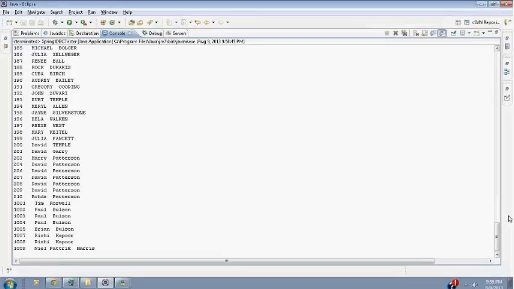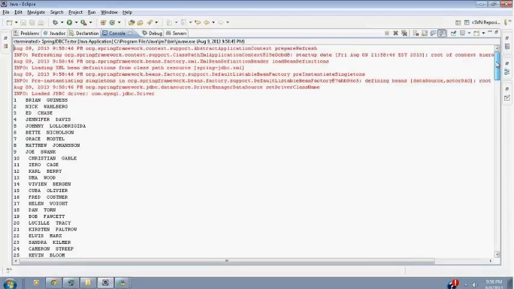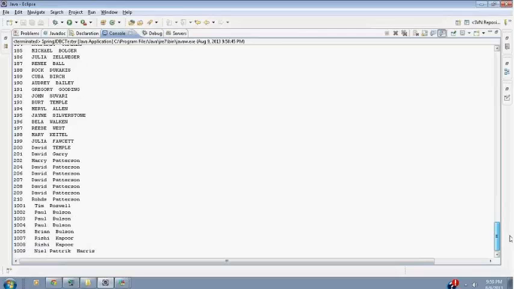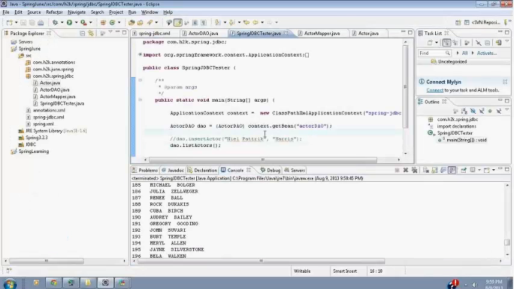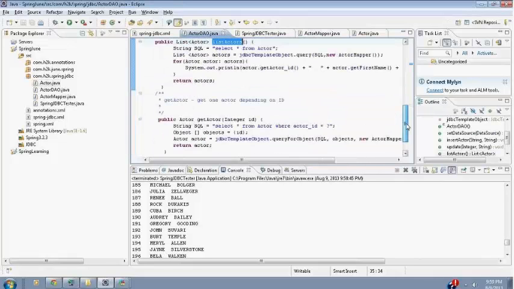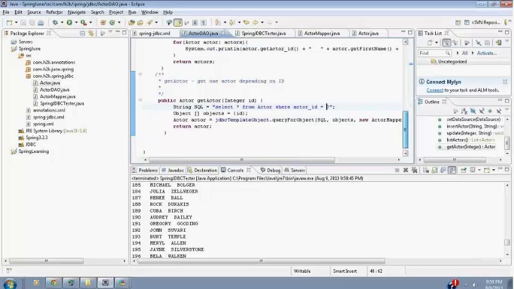Okay, so one more thing which we need to understand is the specific select query. When you are using select star and you are getting something, but if you need to pass a parameter to a select query, that will not be similar to this. You will actually pass an array of objects. There is a small difference here. So get actor has select star from actor where actor ID equals to, and you will pass the actor ID which you really want. At this instance you can create an object array, and you can pass